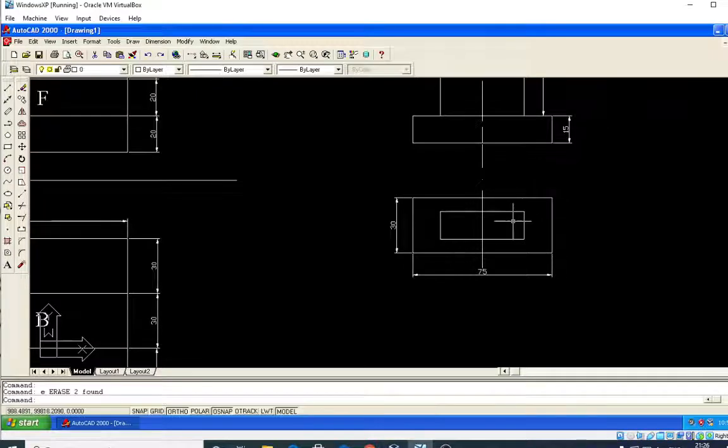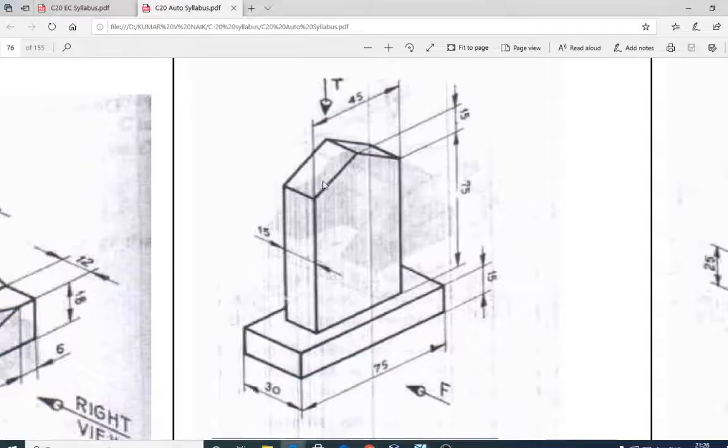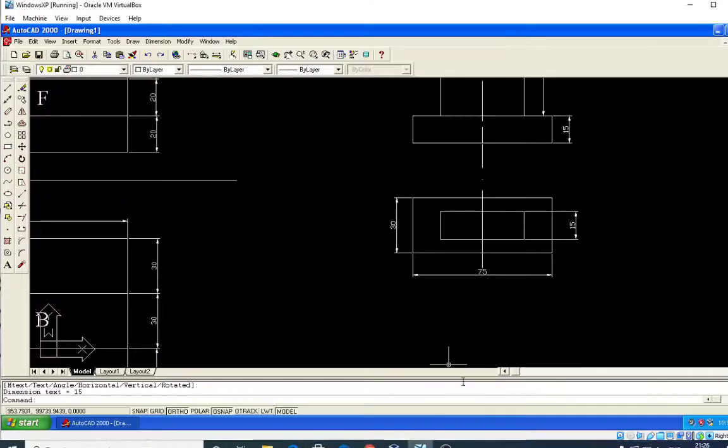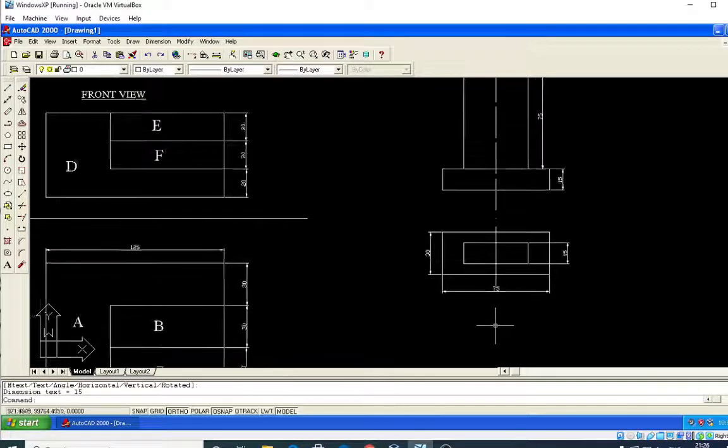Here erase it, correct. So this is how we can dimension it. Afterwards the internal part also we have to dimension it. Internal, interior. So this one is a 15 mm width. I have to dimension it as 15 mm. As you know that in this figure this is having a 15 mm width. So total width is 15 mm. Width of inside is 45 mm. I have to show this 45 mm also.